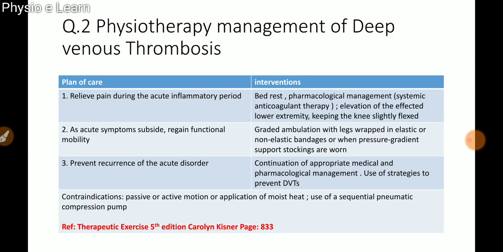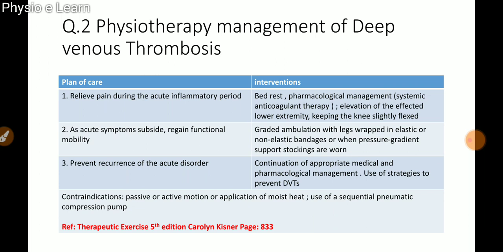Second question, physiotherapy management of deep venous thrombosis. The first point is relief of pain during the acute inflammatory period. So this point has to be taken care of by the surgeon, the treating surgeon or the physician. Bed rest, pharmacological management, that is systemic anticoagulant therapy, elevation of the affected lower extremity, and keeping the knee slightly